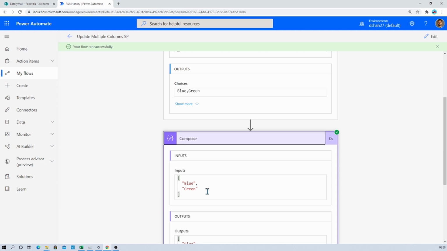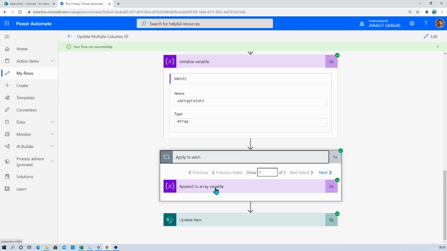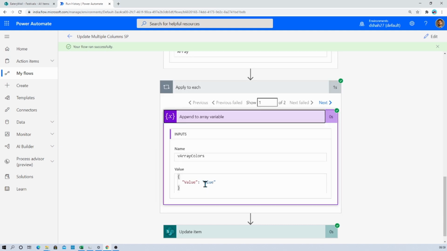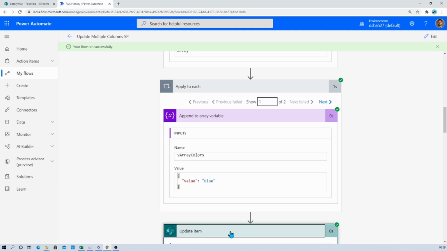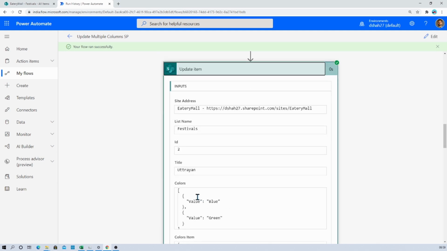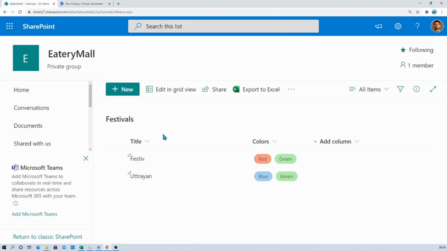Then in compose variable it's split down into two different values. Then it goes to apply to each loop, and here it is appending value to the array variable, and at last it is updating an item and it is passing the color JSON like this, and it updates the value to the SharePoint list. So here you can see that our item has been updated successfully, right?